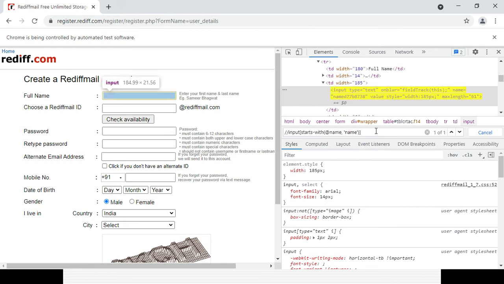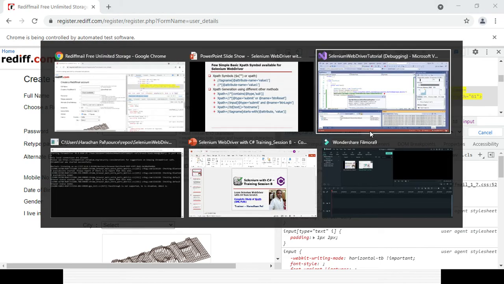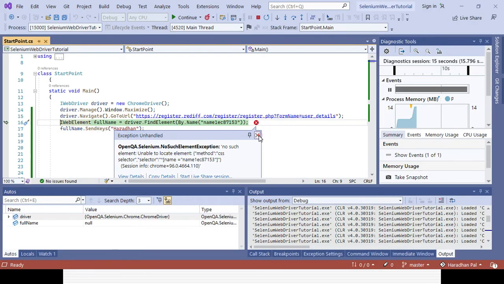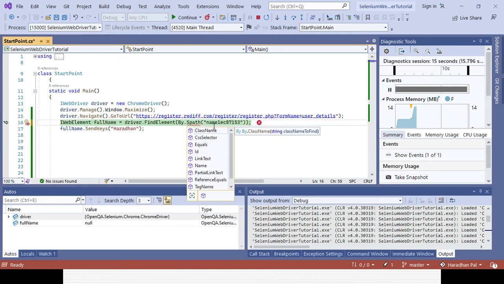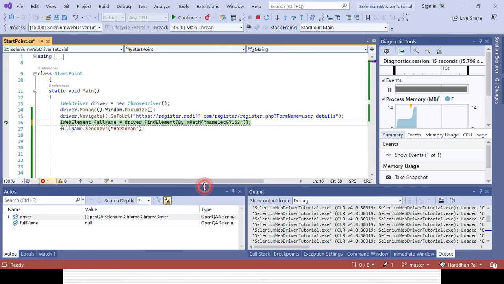You could see now 1 out of 1 element is being displayed, right? So with the particular name, which is the fixed component, we are not taking the dynamic component, which is the D77B8738. So with the static component only, we are able to create the XPath. Now let's see whether it's working or not. Here, instead of that name, we will change it to the XPath, and I will change the value here. Now let's run the code and see whether it is working or not.